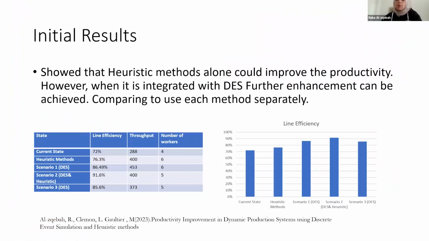So we found in the initial result, the current state before the optimization, before anything, that the throughput is 288 parts per day, with 4 workers. But if we use a heuristic method, we can assign the tasks. To reach the demand, we need 6 workers. And the utilization of the workers and machines is 76%, the average utilization. So we use discrete event simulation and start